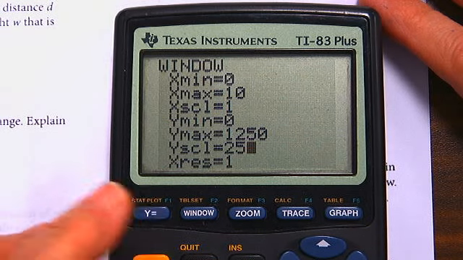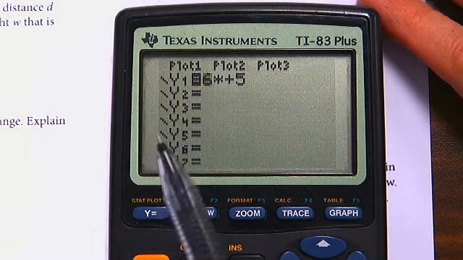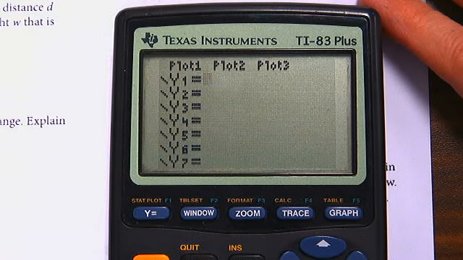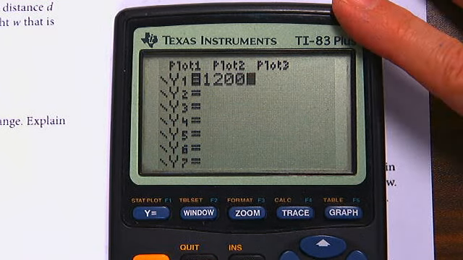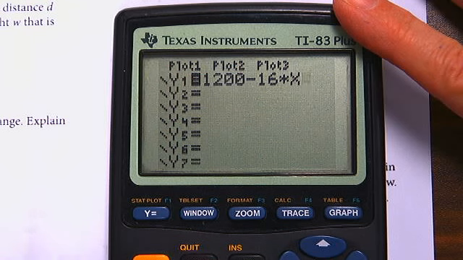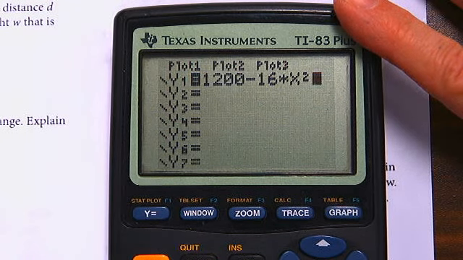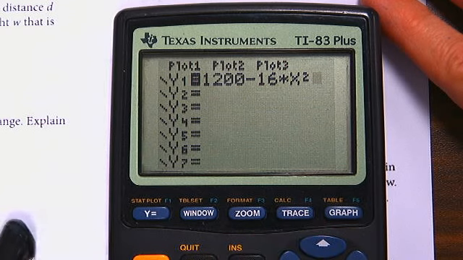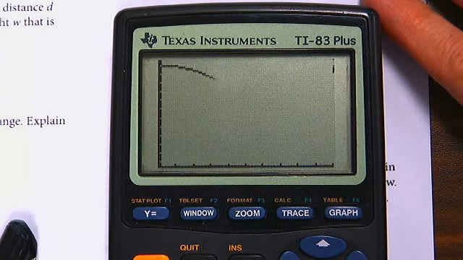Now I go to y equals, and our equation is 1,200 minus 16 times our input squared. What will that graph look like? It will look just like that,